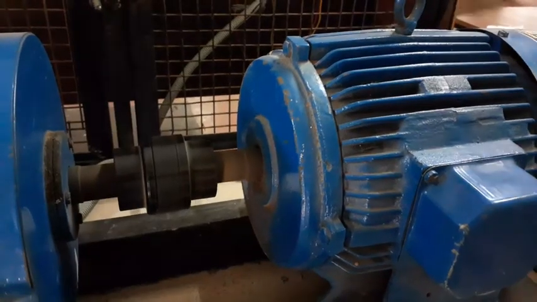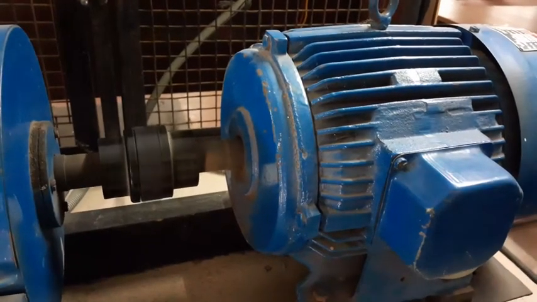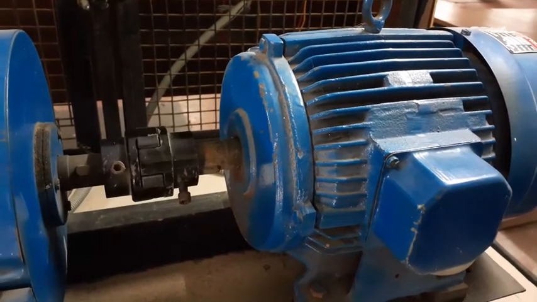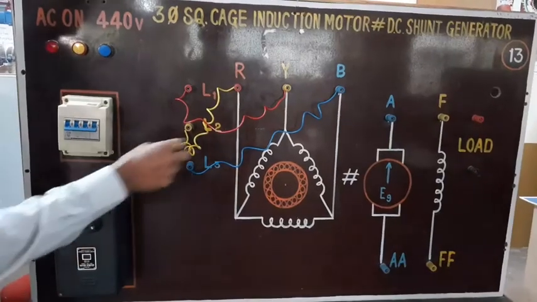Induction motor, this is the direction of rotation of the induction motor. Right now, this is the phase sequence. Now the machine is rotating in the anti-clockwise direction. So, the type of connection: now what are we doing?